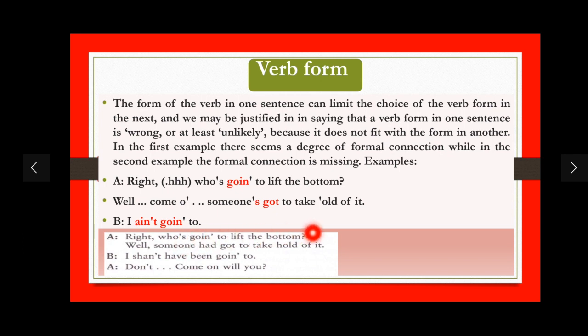So these are the best examples. I have given two examples to you people. In the first example, there seems proper connection. There seems cohesion, and proper verb form is used, and because of these,